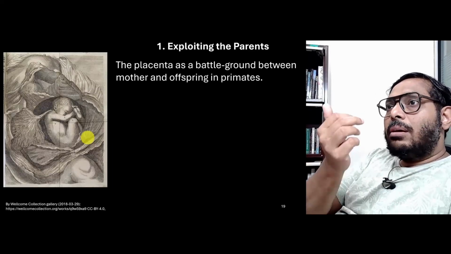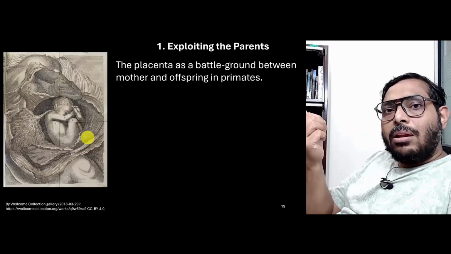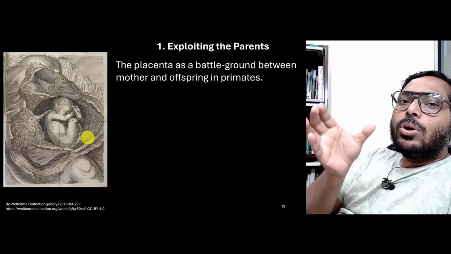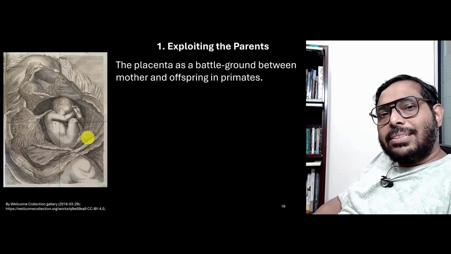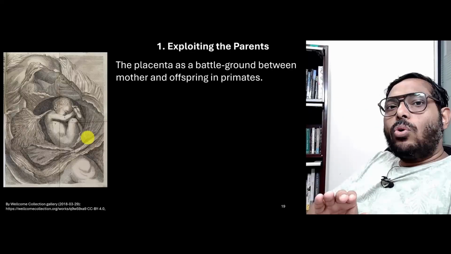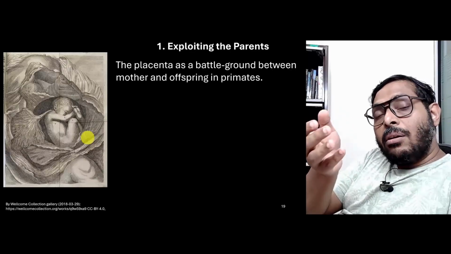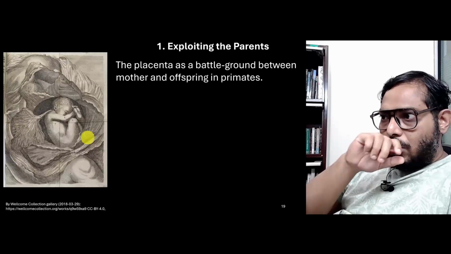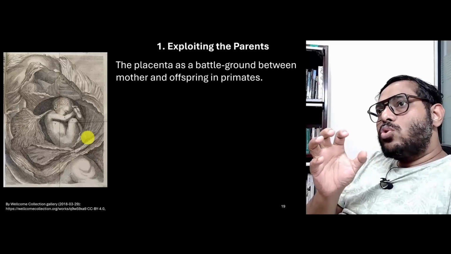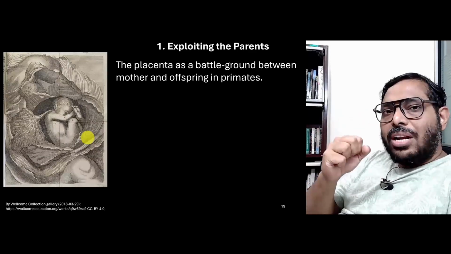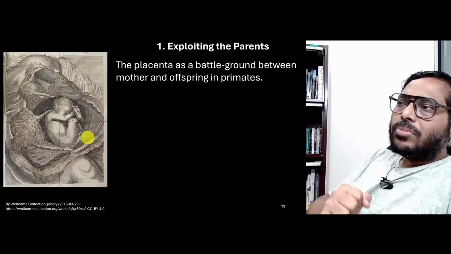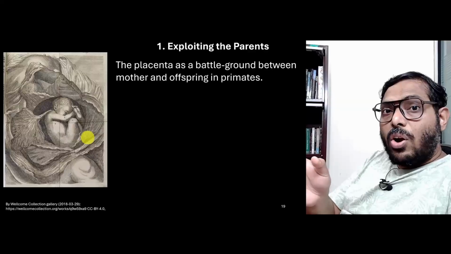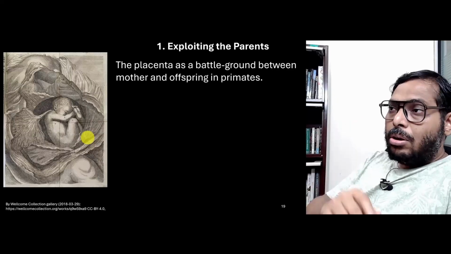Two results. Number one, the mother's blood is directly coming in contact with the placenta. There is no barrier in between, and the mother is not even able to control the flow of the blood. As a result, the mother has no control over how much nutrition the offspring is getting. The offspring can, and it actually does, all kinds of things, as I will show you in a second, to pump out as much nutrition as it can from the mother. And this invasiveness of the placenta is actually a huge thing in the context of primates and particularly humans.